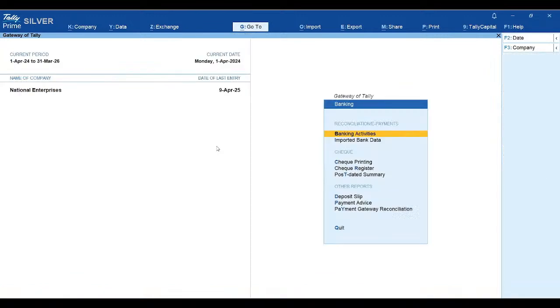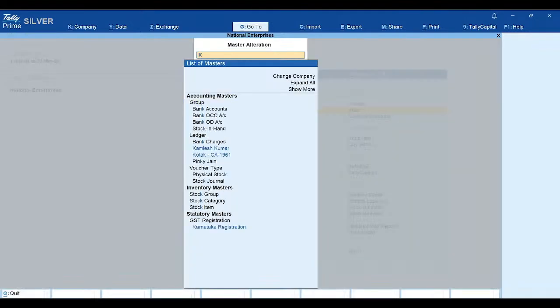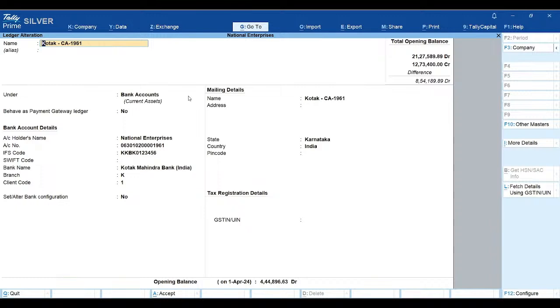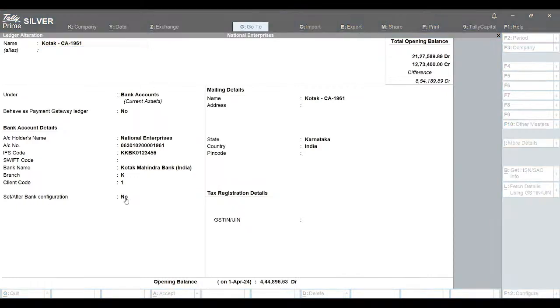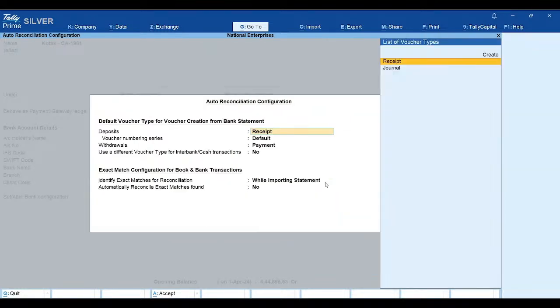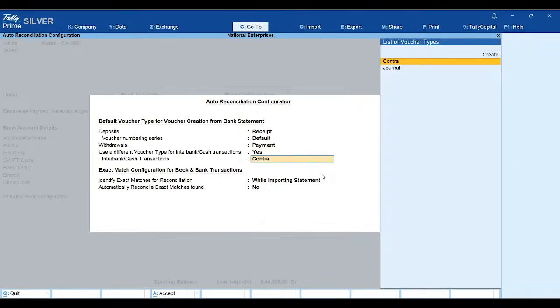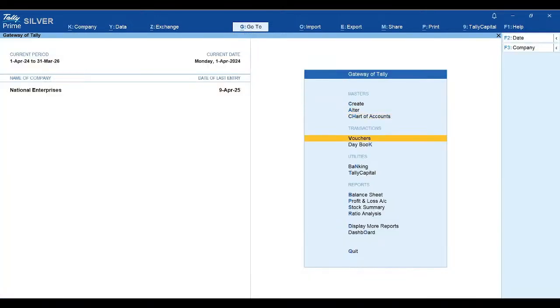Sure, I'll do that. And in fact, what I'll also do is configure the configuration which I was showing. Let's say I will go to Kotak, because I know why this question has come, because people want to see contra entries. So let's alter, and set alter auto configuration, and from here you'll see use a different voucher type for interbank or cash transactions. And when I press this as yes, I can specify this as contra, journal, or any other thing I want. And once I accept this, now let's take a particular